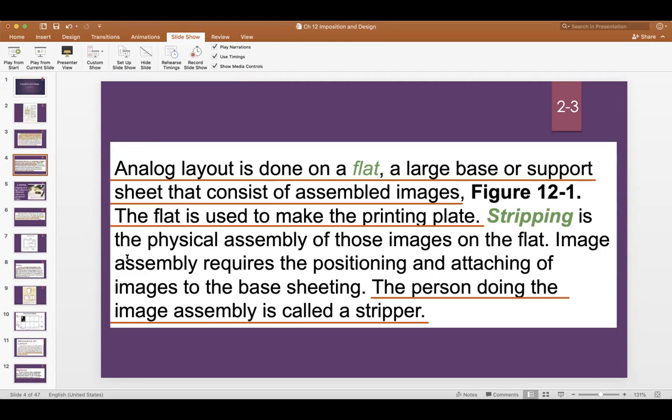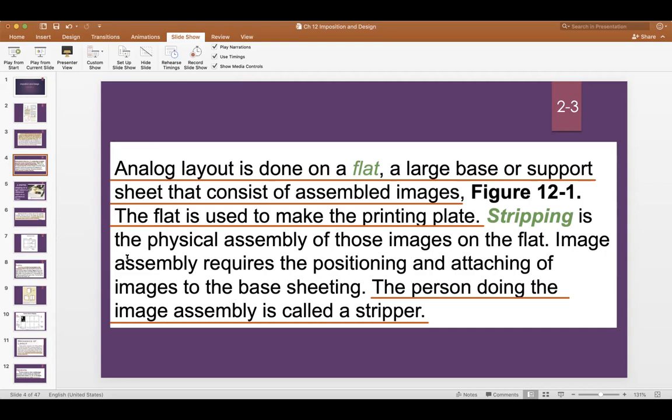Stripping was a way of gluing together or taping together, depending on your particular shop's methods, the different pieces of artwork for exposure. There is a slight difference between paste up and stripping. And my dad was more into paste up than he was in stripping, but he stripped on the side sometimes. I tell you, these jokes don't get old. But anyways,